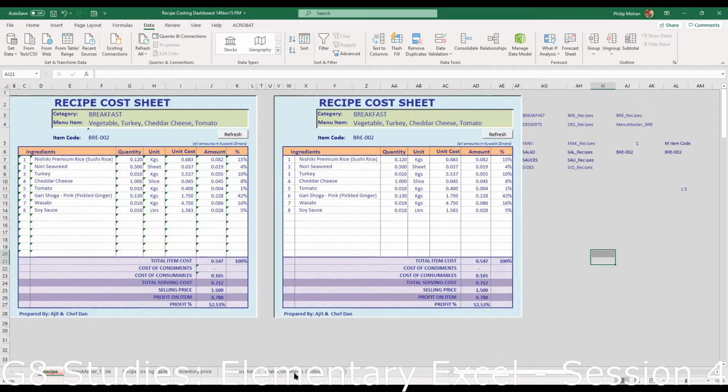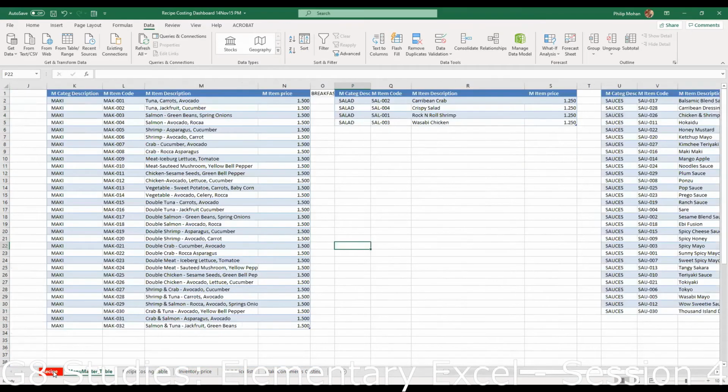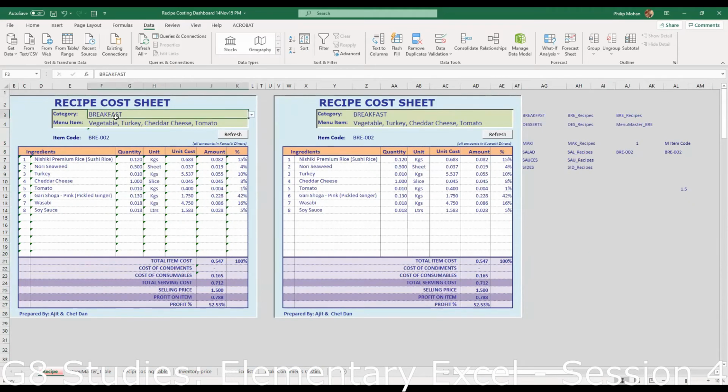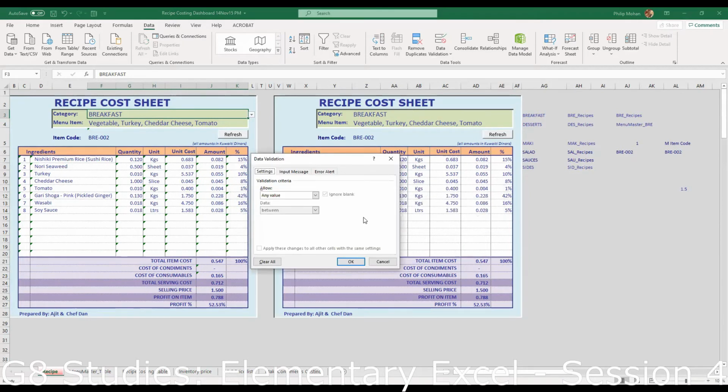Where is it picking it up from, Ajit? Data validation, just input. Yeah, I went to data validation, I went here, input tab. Click the input tab. Just click on data validation first. Say no. Input, no. It should have gone to the place that I have the validation.